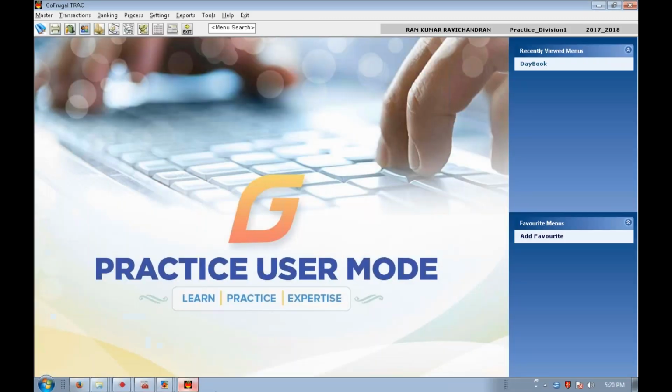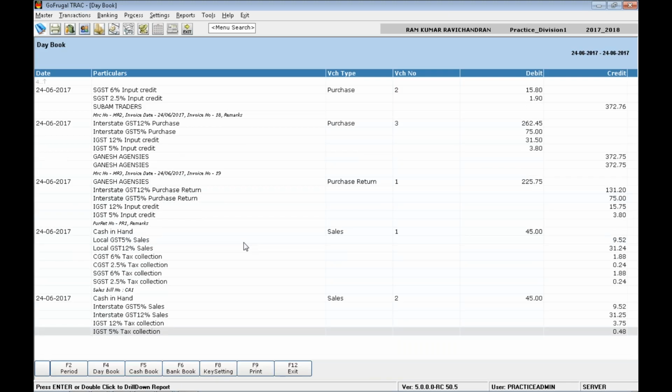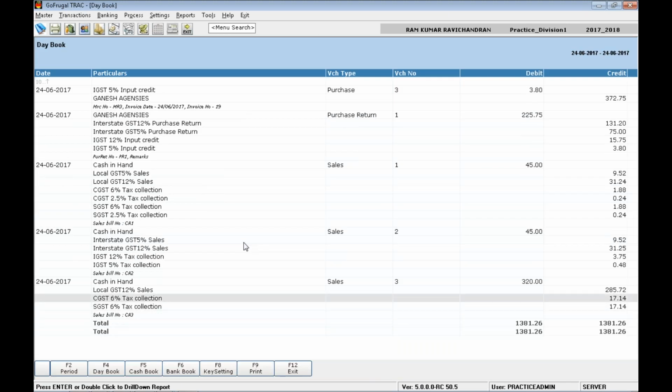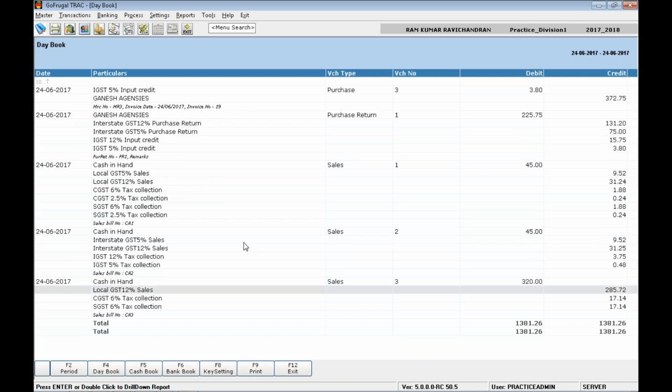Open accounts, go to daybook, scroll down. Here we can see it has been applied based on the table master, and for the item chicken biryani the GST was 12%, so it has taken 12.